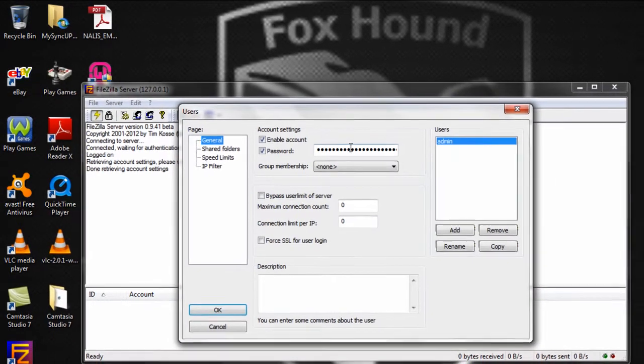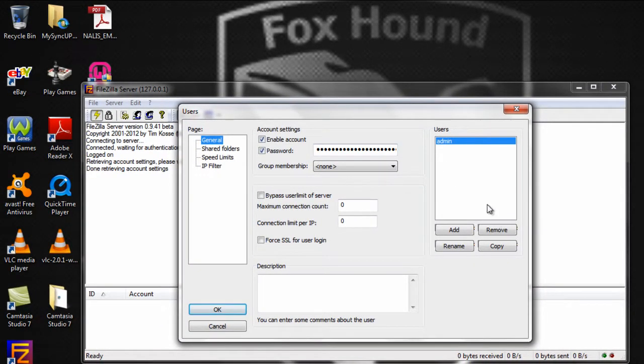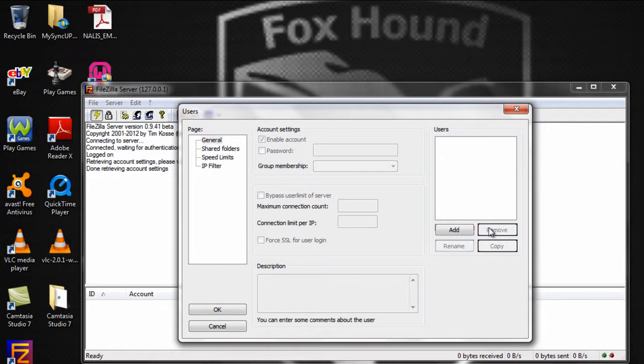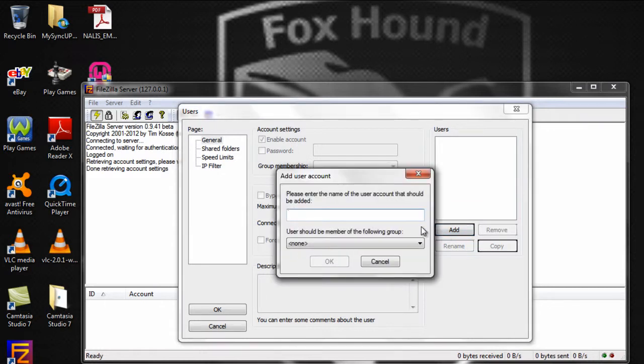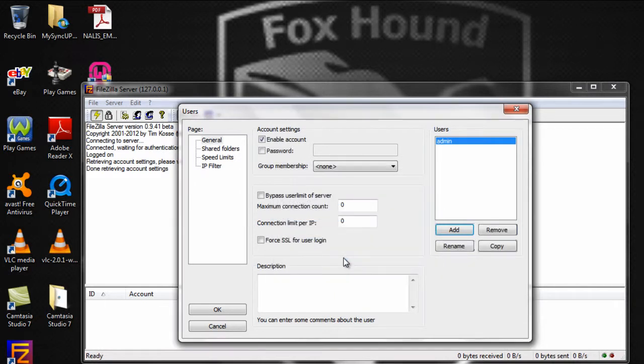users. I already created a username, but I'll just remove it for this tutorial, and I will select add, create, admin, select OK, select my password, or create my password,